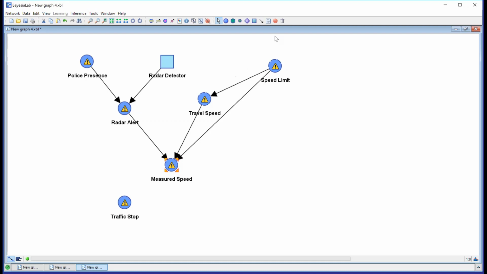Actually not quite, because I also need to consider the measured speed alone doesn't really mean anything. Rather, the question is, what is the speed delta versus the speed limit? That is really what is of interest, because that is what the police will utilize and determine whether it's worth pulling me over or not.